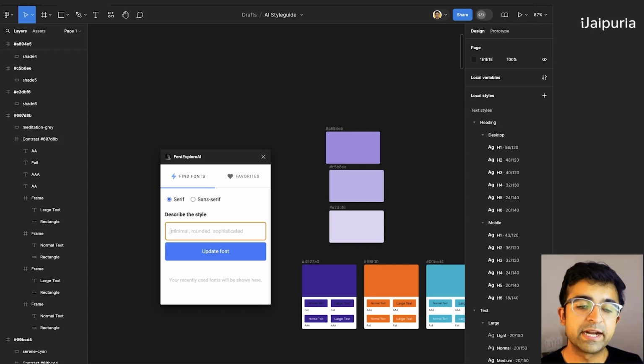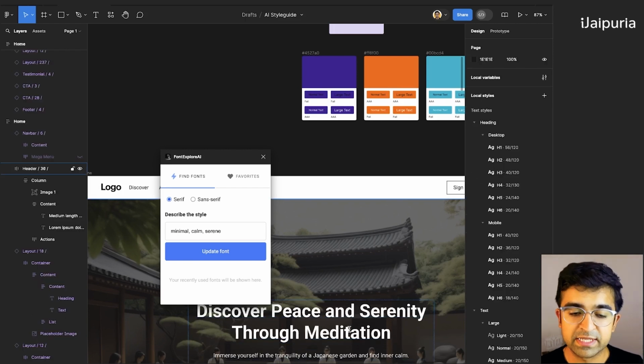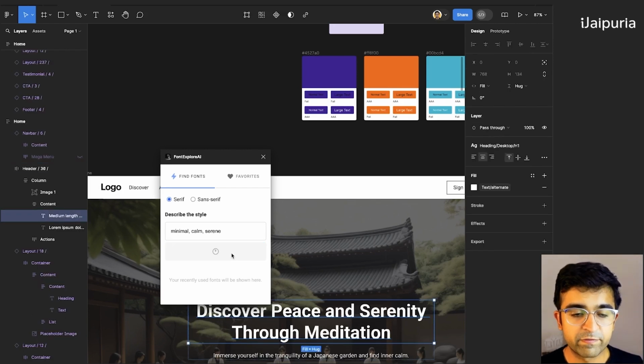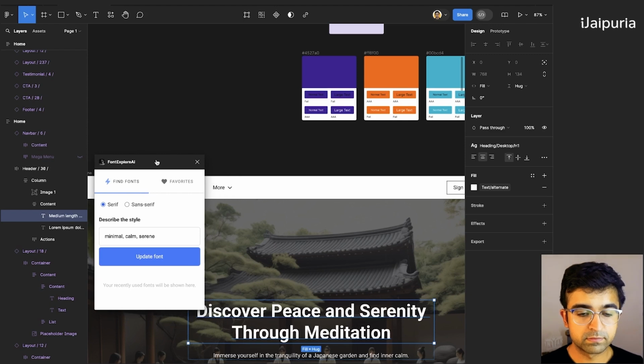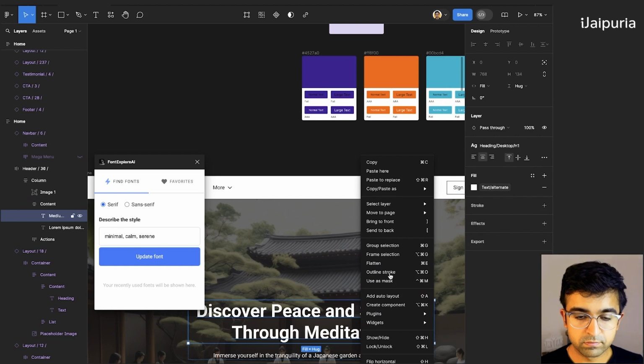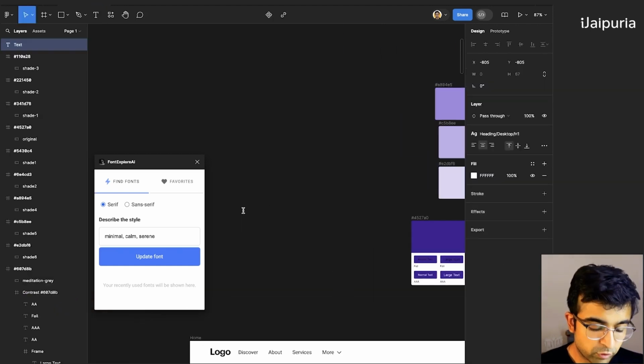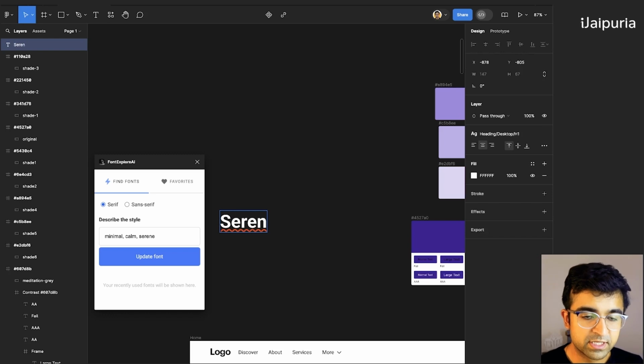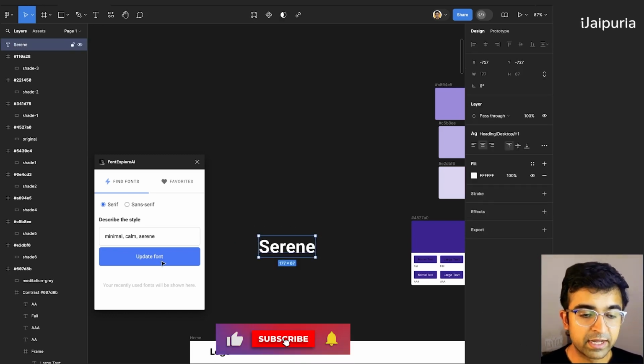Okay, so in this case, it is already describing how you should describe the font. You can always say minimal, calm, serene. So some words which were used throughout our website in its copy, on Relume, etc. We can then update our font. So if we already have a font in place, we can always select this and say update font. Of course, we can type in anything here. I'm going to type in serene. Okay, simple word. And if I click on update font,